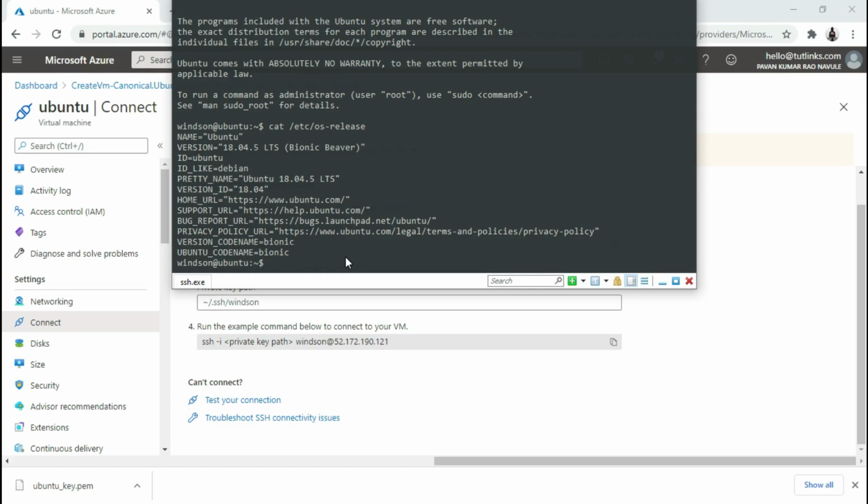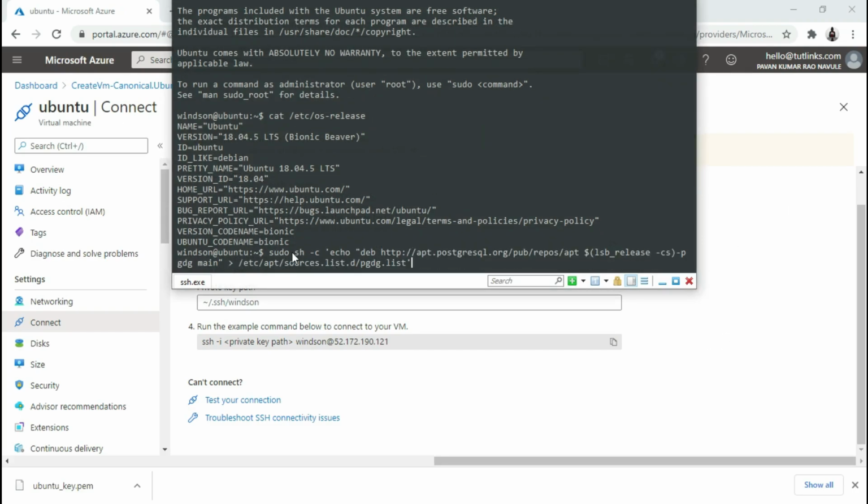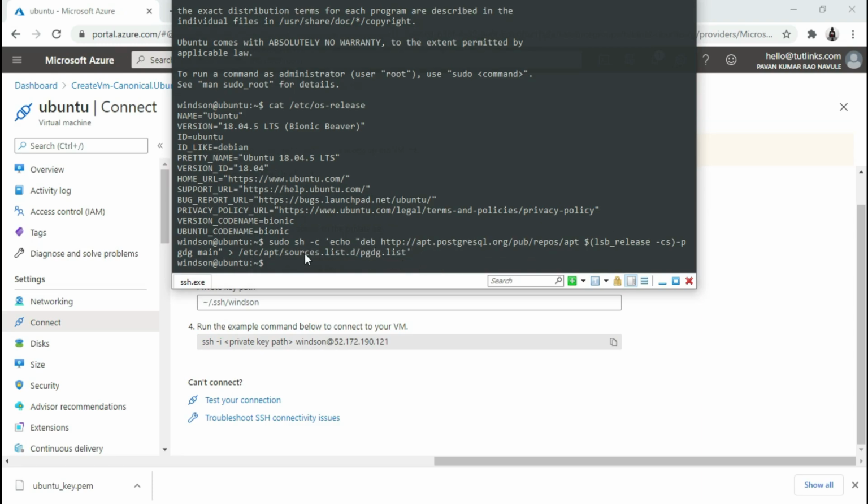So the next step we will be doing is to install and configure PostgreSQL 13 database, because our FastAPI application is performing create, read, update and delete operations on a PostgreSQL database. So for that, all you have to do is type in the command sudo sh -c and the list, and hit enter. What I'm doing is adding the latest PostgreSQL repo to the apt,